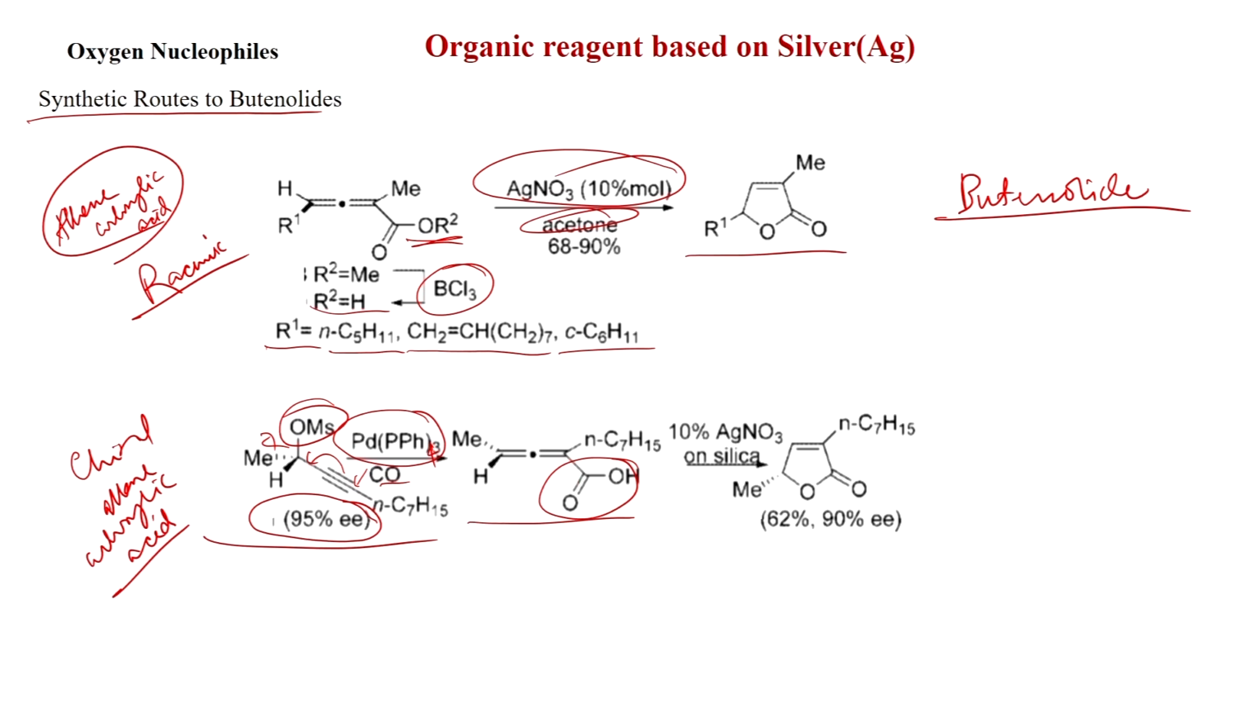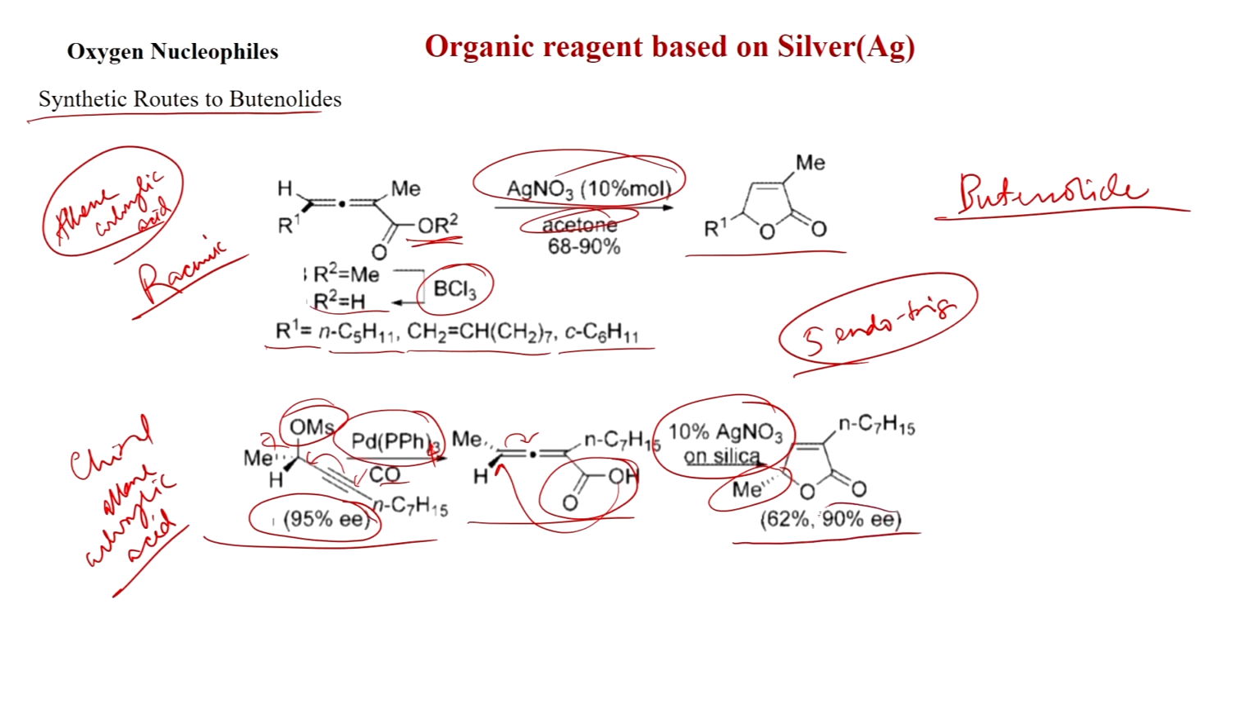Now this substrate is very much suitable for our reaction, that is the 5-endo-trig cyclization. So a 5-member ring will form like this. Silver will coordinate here and this hydroxy will attack here, you get this. Here the stereochemistry of the methyl group is also retained, and after treating with 10 mole% silver nitrate, you get this product in 62% yield and 90% ee. So you start with the product with 95% ee and you get 90% ee. So enhanced selectivity